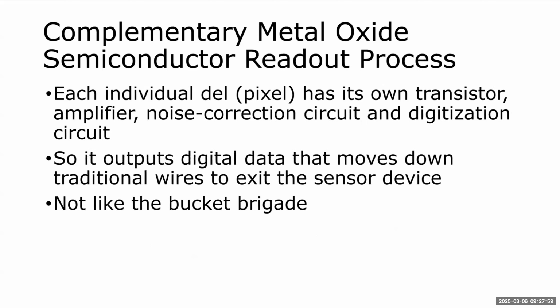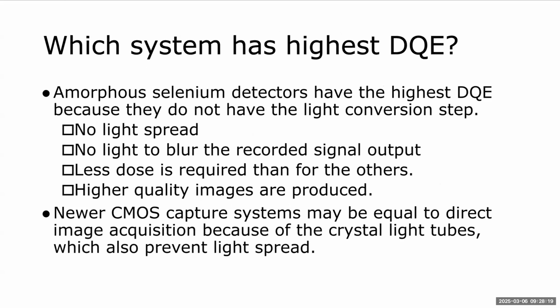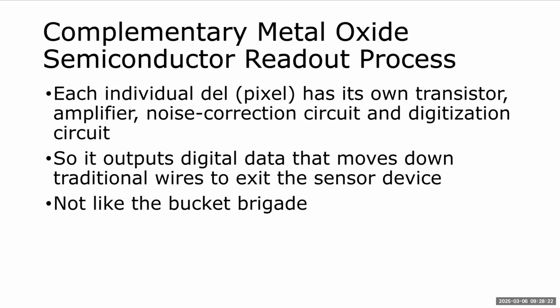In the CMOS, each individual del has its own transistor, amplifier, noise correction circuit, and digitization circuit. So it's not like the bucket brigade. Every single del has all of that built into it. So it actually can have a little bit more noise in it than the other systems, but